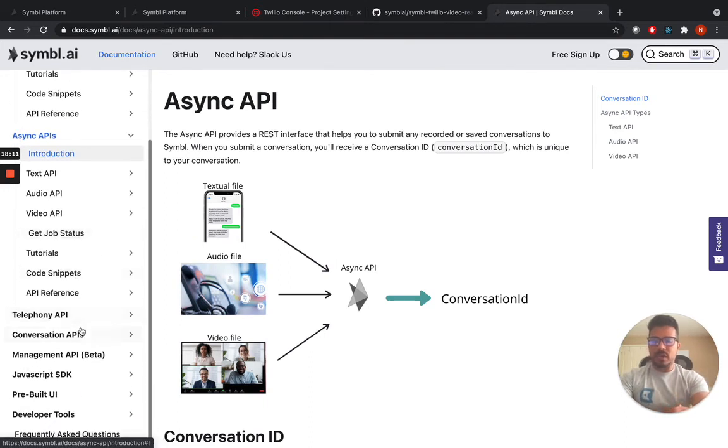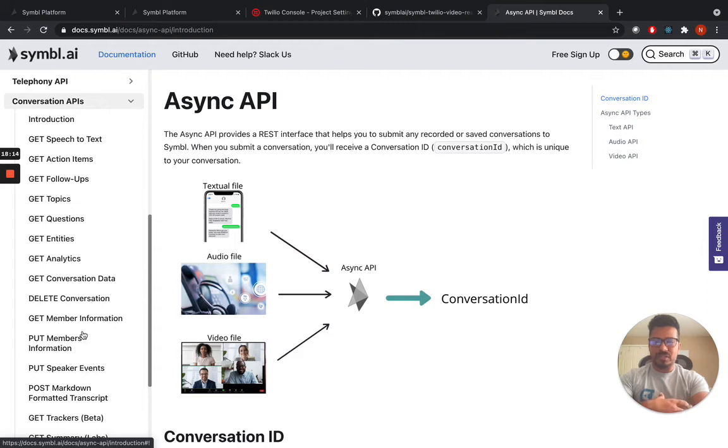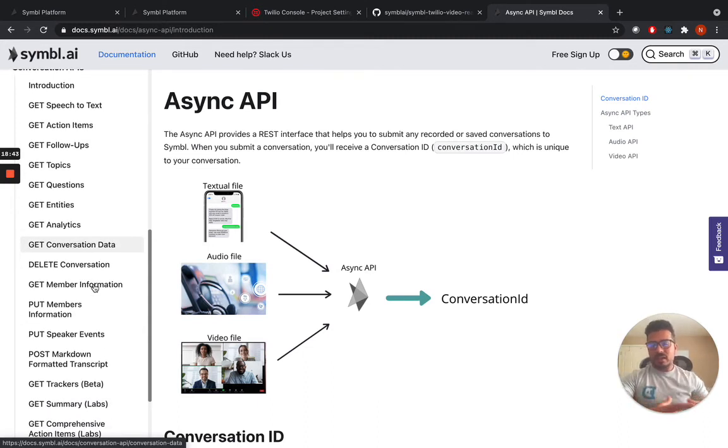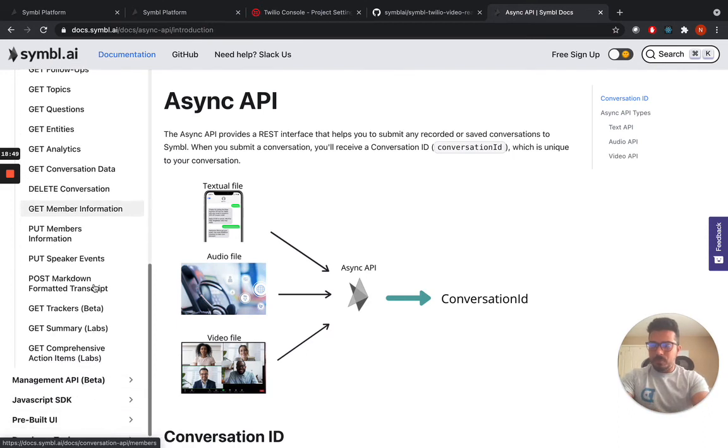A little bit about what else you will get beyond the conversation: the conversation is the first part of Symbl, along with the closed captioning and transcription. That's what we convert the audio stream or video or any other form of data into first. And once we have that, you can actually, in the same application, get action items for that particular data, follow-ups, topics, questions, entities, analytics, and many other forms of analytics on top of that. So you can think of several different ways you can utilize that in your application. Please feel free to do that.